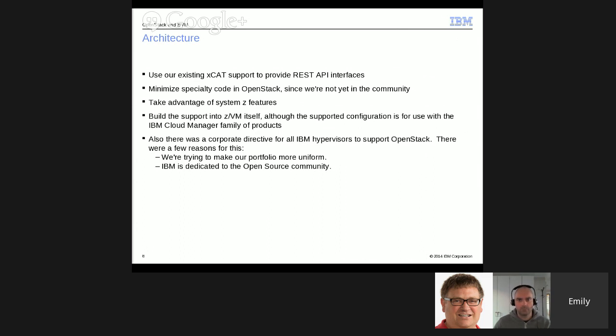We also wanted to minimize specialty code in OpenStack. We're not yet in the community with this. Obviously, we would like to. We would like to have z/VM be part of Nova and Neutron. But since we're not there yet, we really wanted to make sure that we weren't writing a lot of specialty code in our